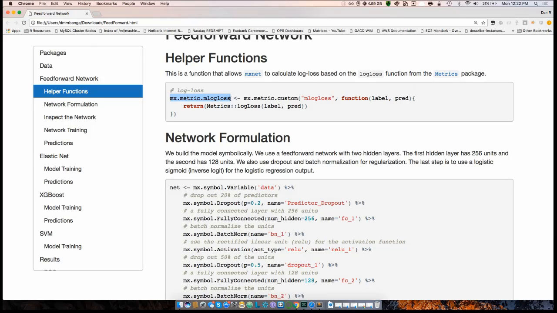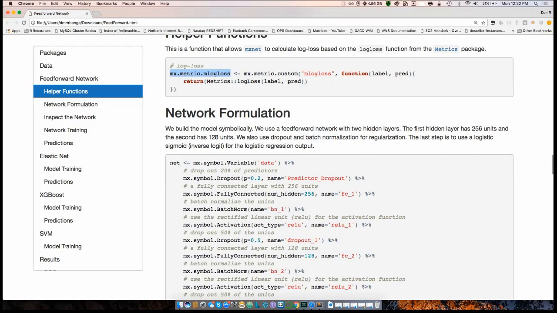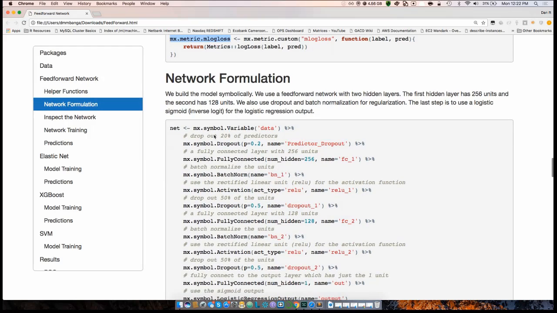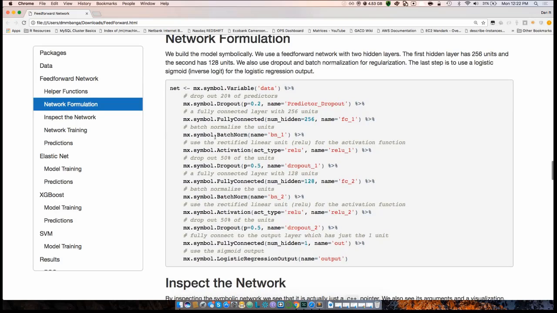And it's interesting that you're creating a custom MXNet metric. That means the framework allows you to extend it and add new metrics. Yes, it allows you all the flexibility to pretty much do what you want with it. And that's one of the beautiful things that R has always done. You can always write anything you can imagine.